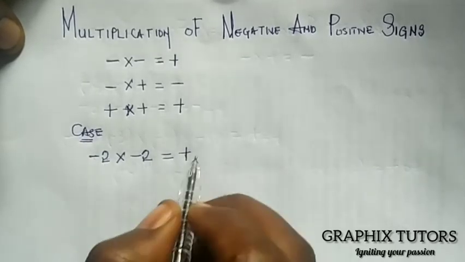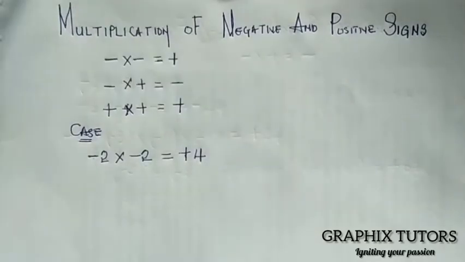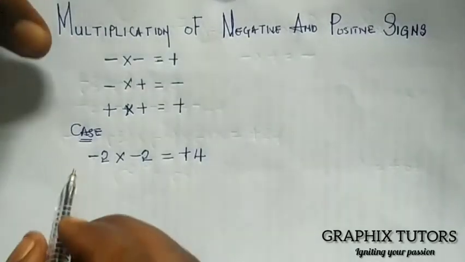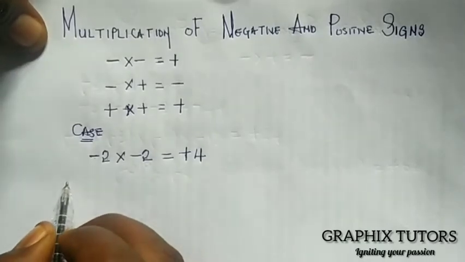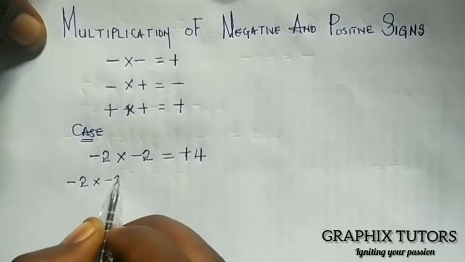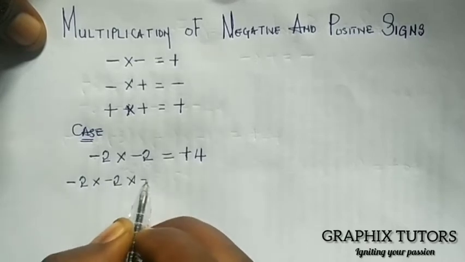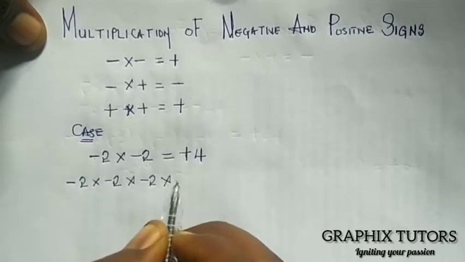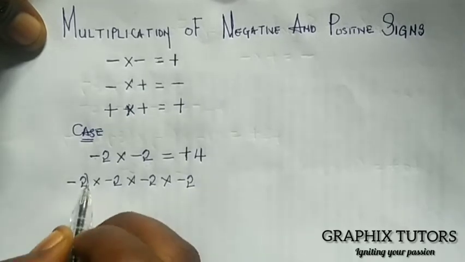Then 2 times 2 will give me what? 4. Right? Also, if I have minus 2 times minus 2 times minus 2 times minus 2, let me just put